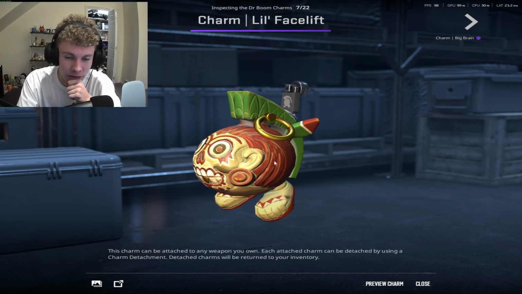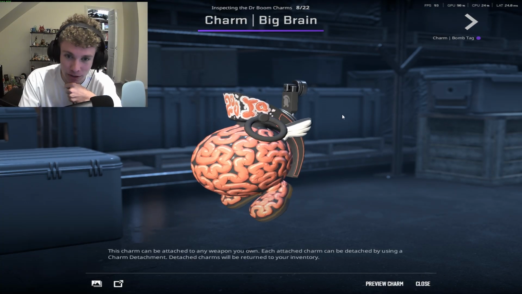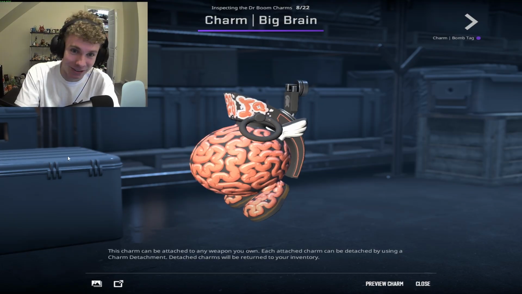Feel more like a monkey, you know what I mean? Feel more like guerrilla warfare style. Big brain. This looks just kind of disgusting, but you could put it on like an Op Cortex or something. Or this could be a good one to put on, you know, here, look, let me pull it up